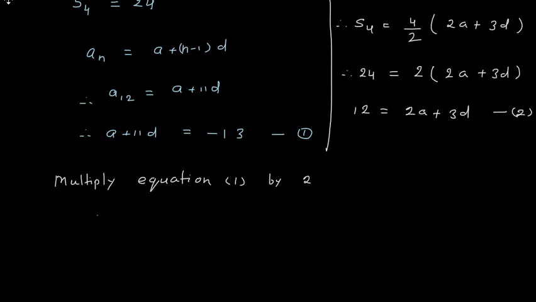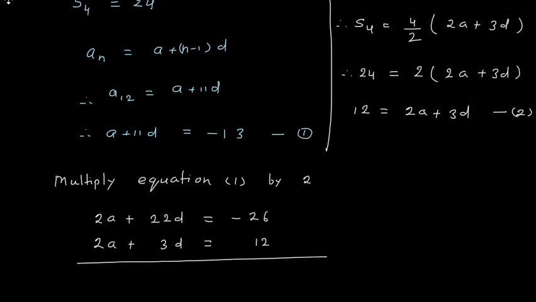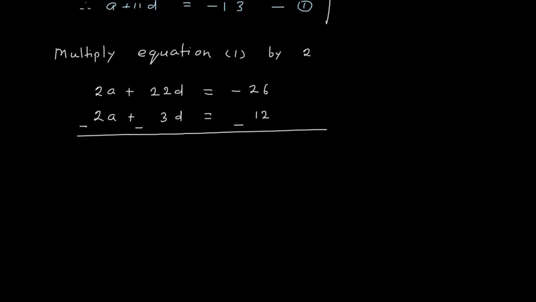So here I will get 2a plus 22d is equal to minus 26, and here we have 2a plus 3d is equal to plus 12. Subtracting, this is minus, this is minus, this is minus. So this is 19d